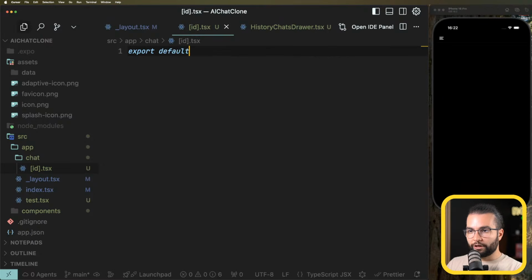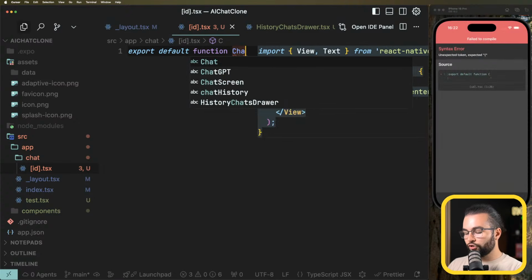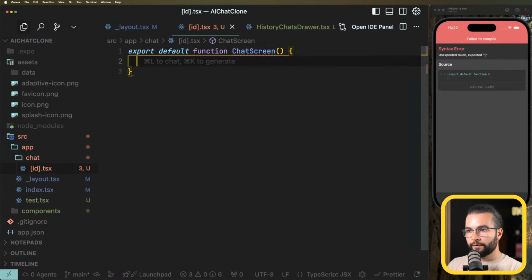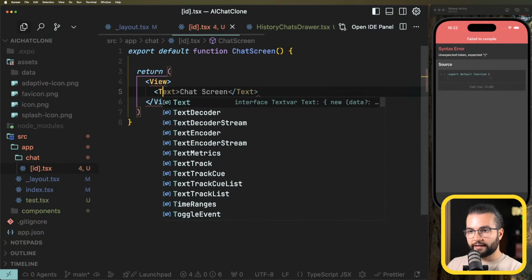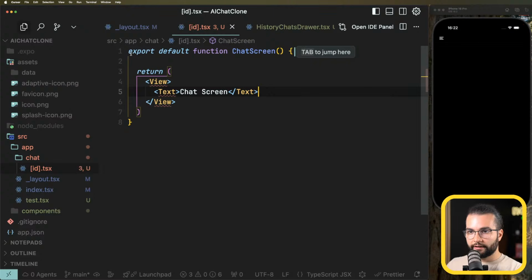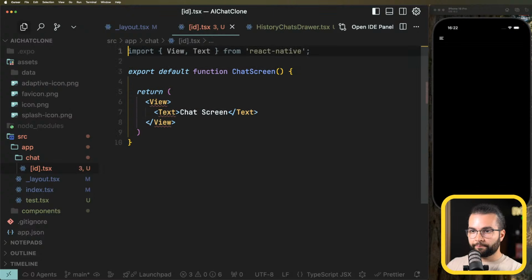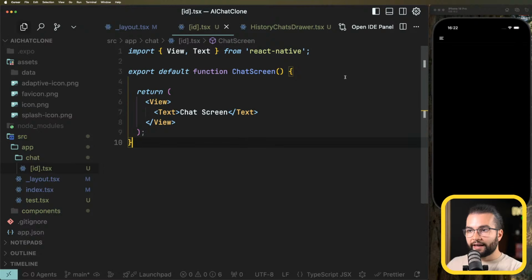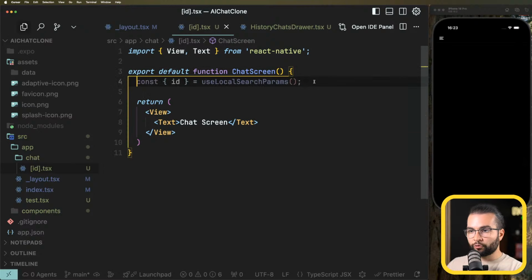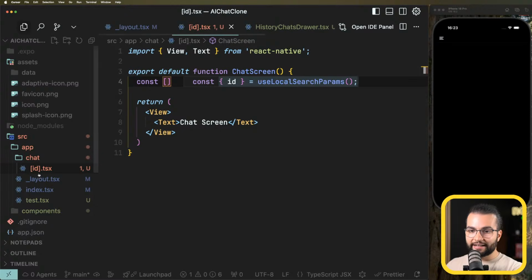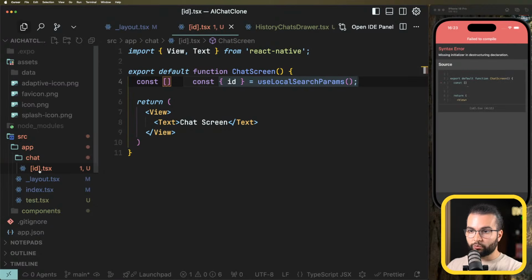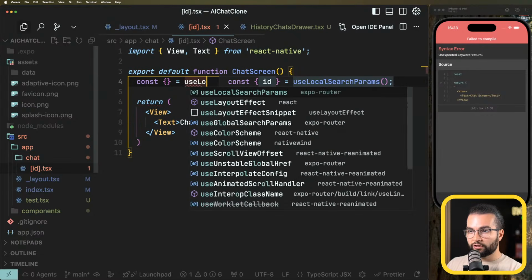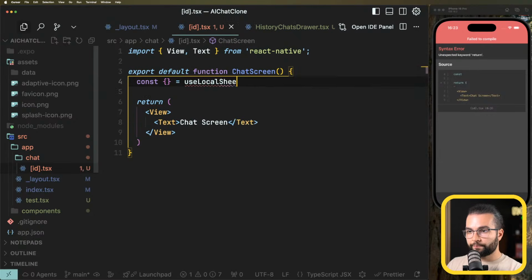Here, I'm going to make sure to export default function chat screen, and we can return a view with a text chat screen. Let's make sure to import view and text. And another thing I'm going to do right away is get access to this dynamic parameter ID that we see here, and we can get access using a hook called use local search params